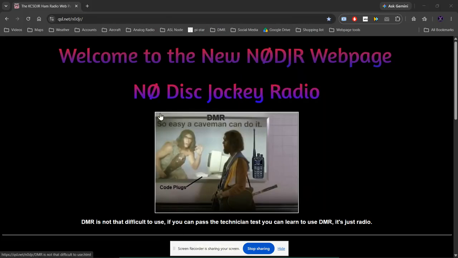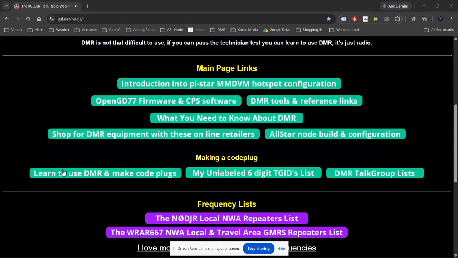Okay, so let's get started making a code plug. It's not really that difficult to do once you get the basic building blocks of a code plug ready, and that is a good talk group list. So from my webpage, qsl.net/N0DJR, scroll down here to learn how to make a code plug for the notes,